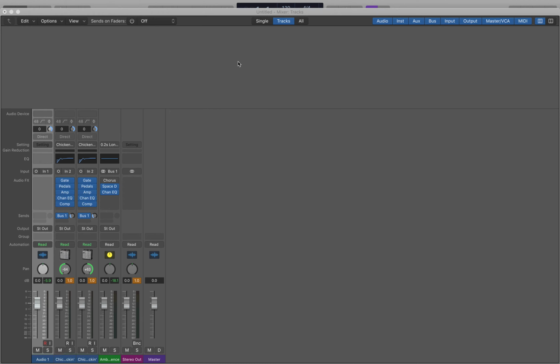And now if you want to hear yourself while you're recording your vocals, in track 1 audio 1, you can turn on input monitoring. Check input monitoring. And now if we press Command Accent to jump back into the mixer,